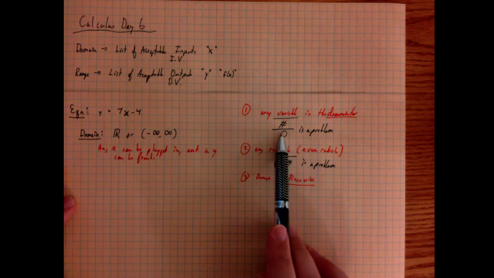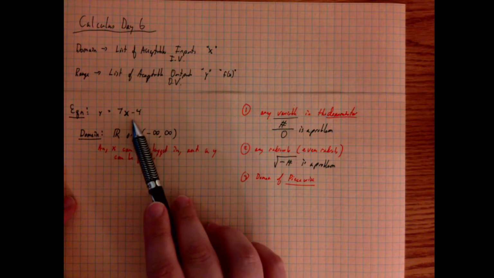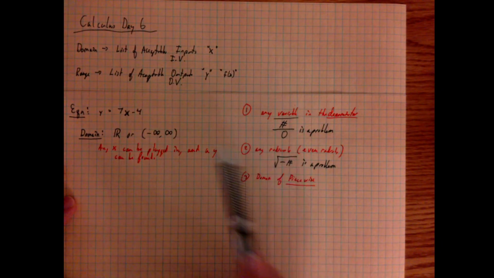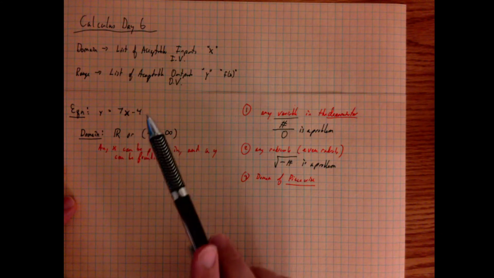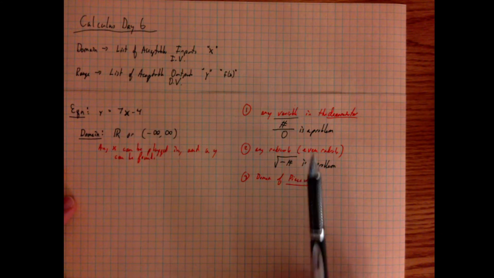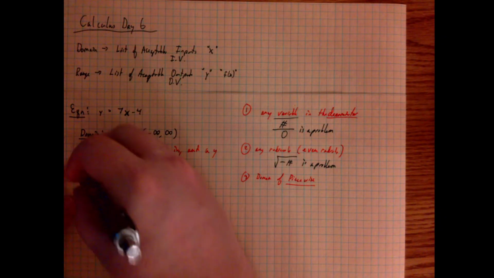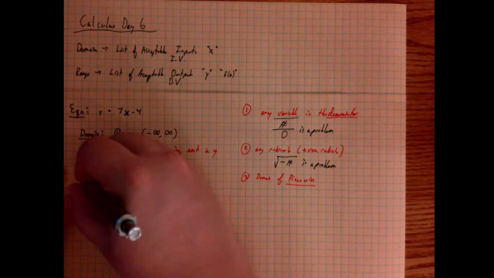Either we end up with a 0 in the denominator, but that's not possible because there's nothing in the denominator, so we can ignore this first one. Or if there's a negative inside of a radical, which again we can ignore because there's no radical. So in this example, there's nothing divided by 0, there's nothing in a radical, so we say that all real numbers work. Now, when it comes to the range,